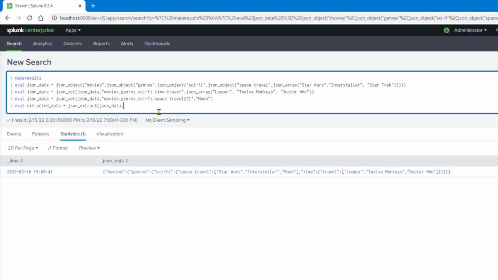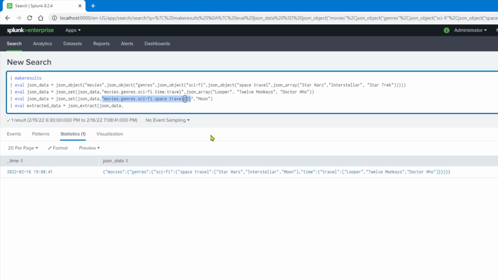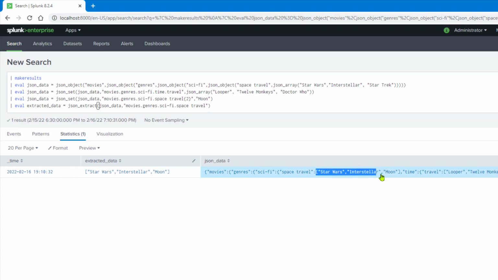Now I want to extract this guy, right? So that means I will give a path, something like this one here. I'll just copy this and then we will make a change. I'll go till movies, genre, science fiction, space travel. So that means I want this array to be returned over here. If I run this, you can see the extracted data contains this particular array,